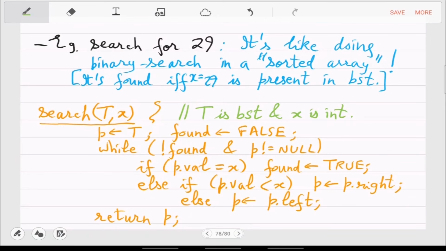Okay, so P is the location of X. This is the guarantee that you have. Okay, this ends the search pseudocode. Is this clear?